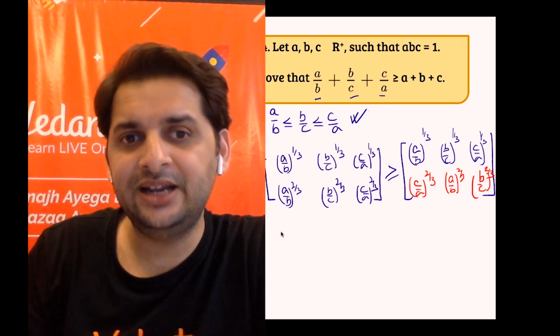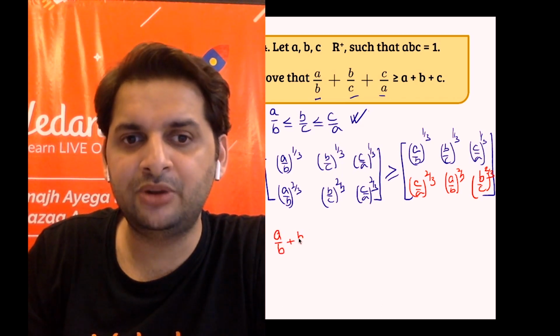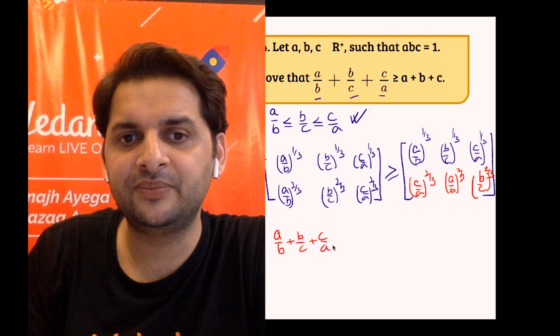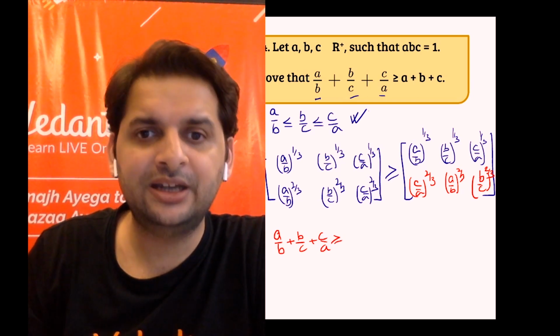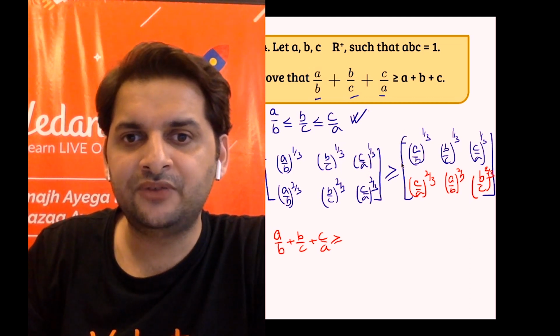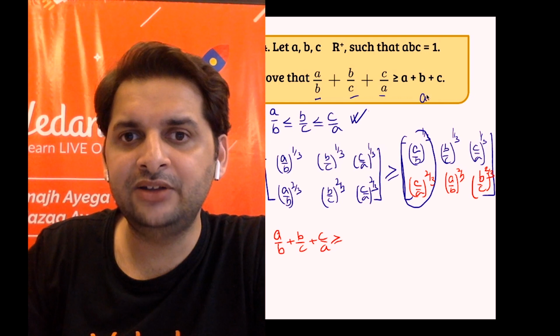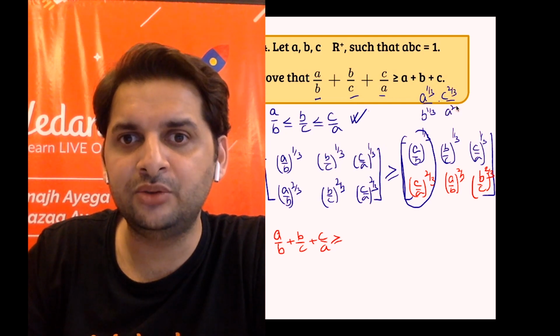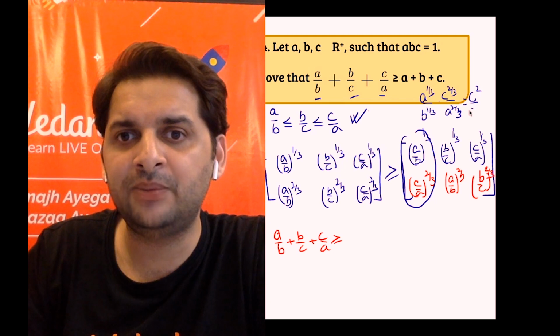So on the left hand side, if I multiply, I am getting what I require on the left hand side: A/B + B/C + C/A. On the right hand side, let us multiply any two. So first two, let us multiply. What do you get? You're getting (A/B)^(1/3) into (C/A)^(2/3). So can I say this gets simplified to (C²/AB)^(1/3).